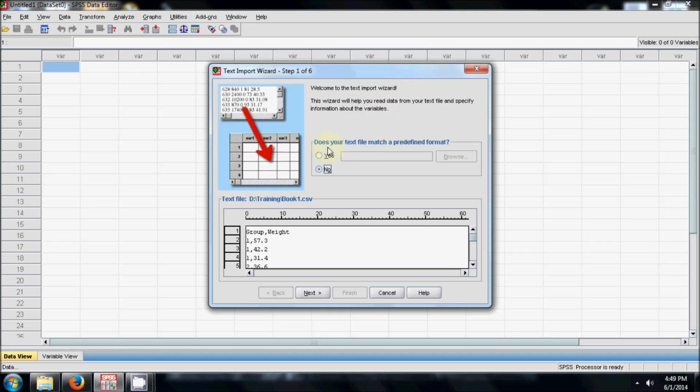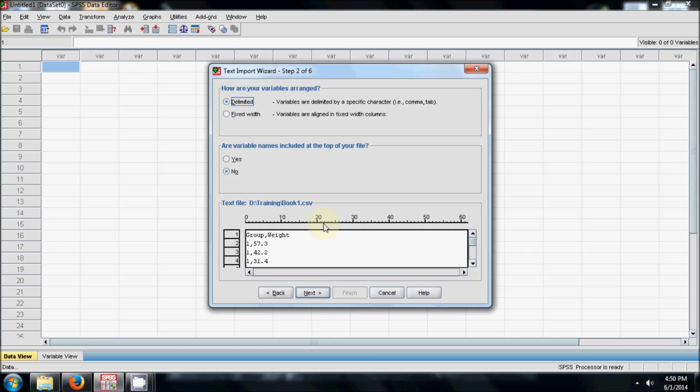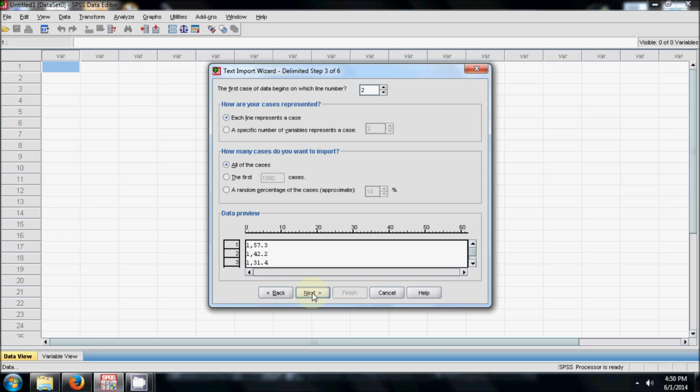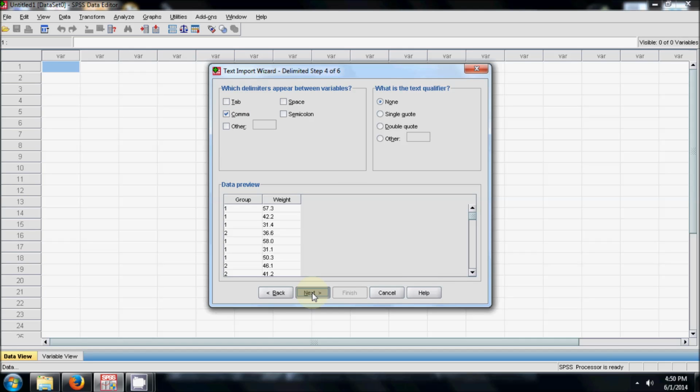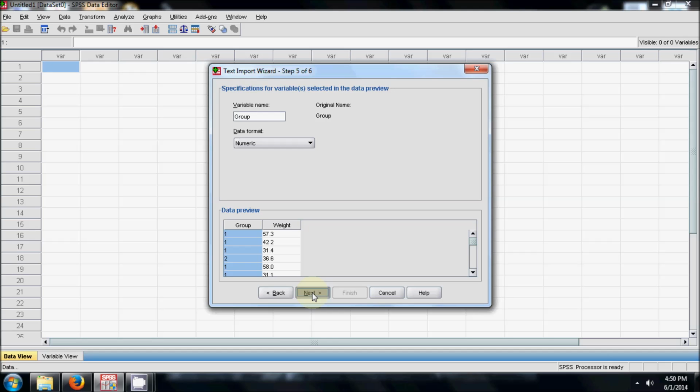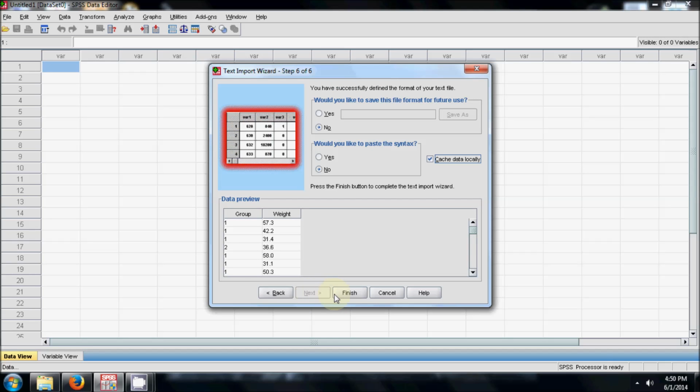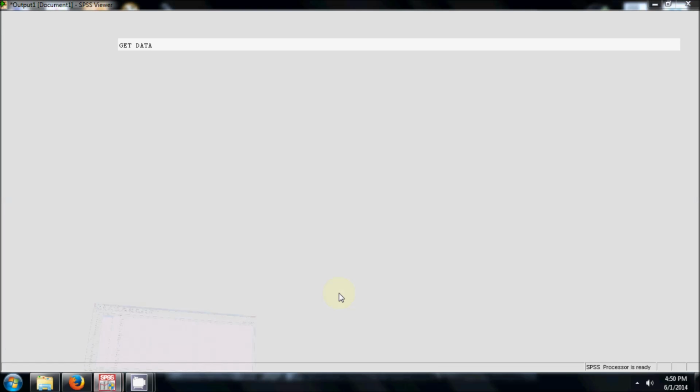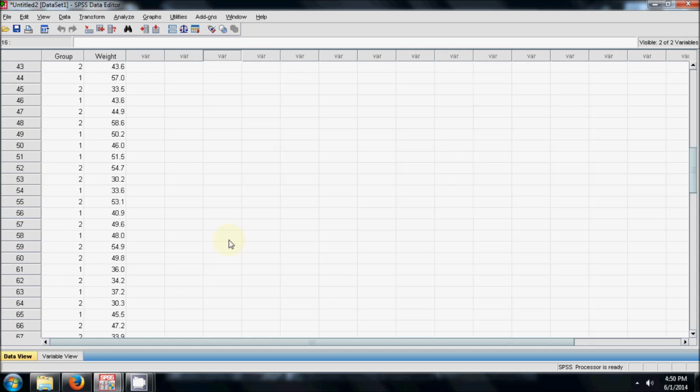Yes, the variables are delimited by a specific character, and I select OK. First case begins. Then I click Next, and Finish. So here is my data set which I'll be using for analysis.